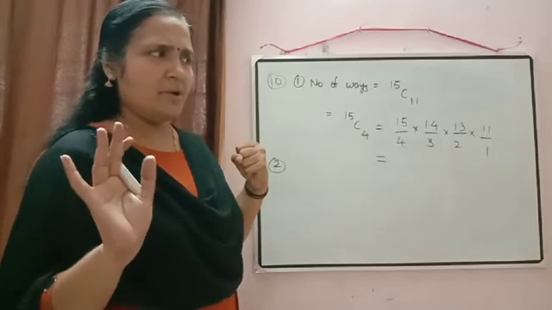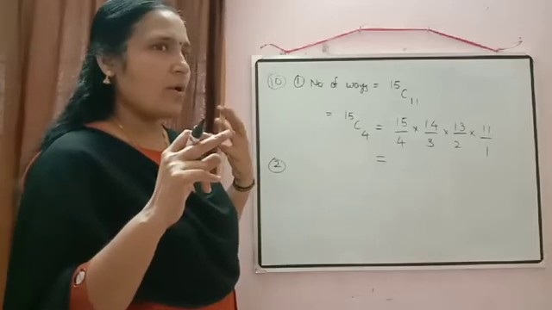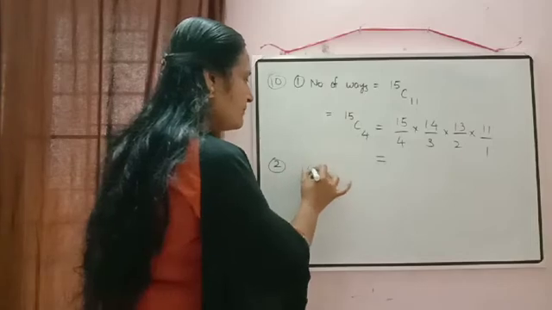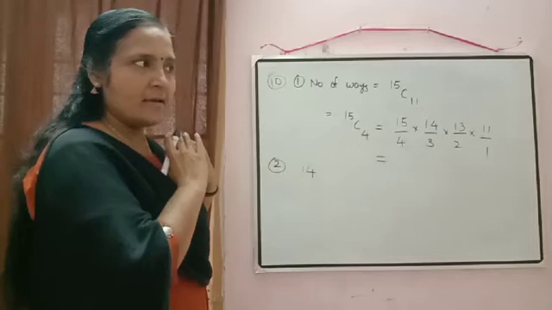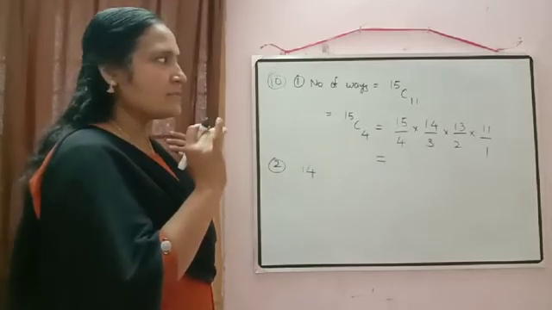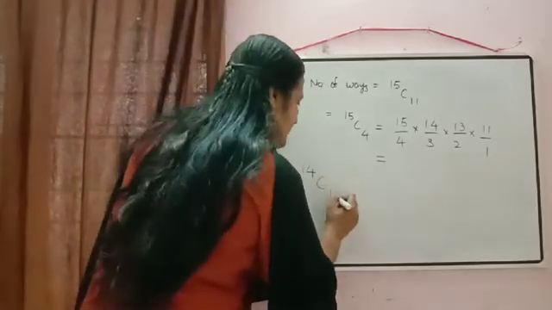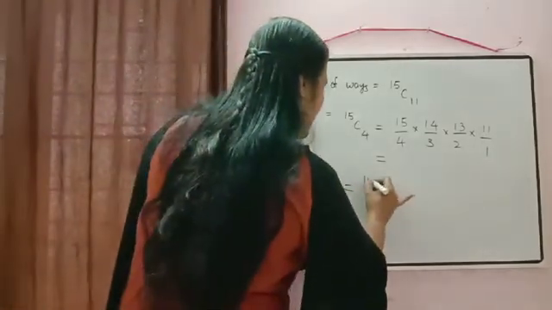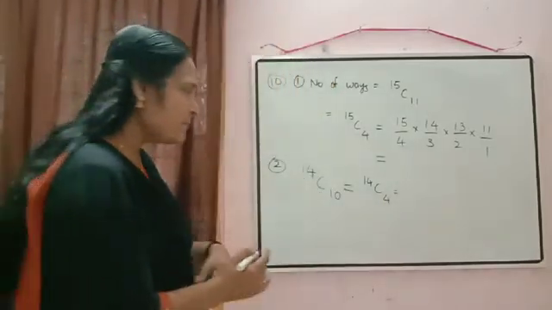So now, from 15 players, one I have already selected. Remaining, how many are there? 14 are there. One I already kept in my mind. So how many players do I have to select now? I have to select 10 players only. So that will be equal to 14C10. Again 14C10 can be written as 14C4. And the remaining calculations you can do by yourself.